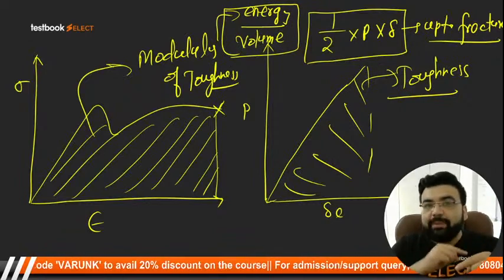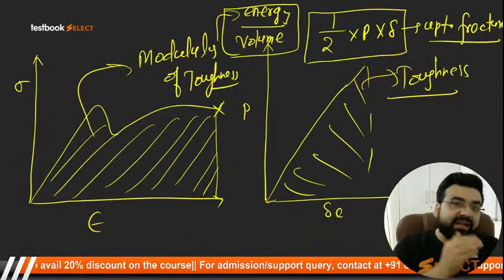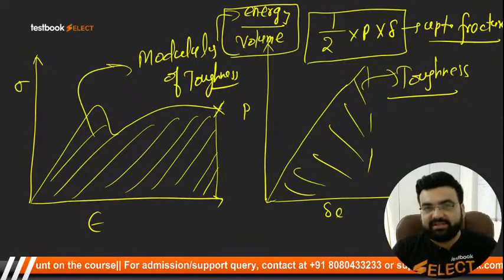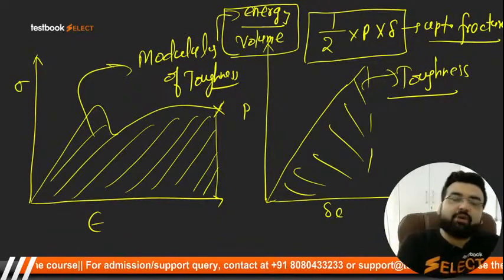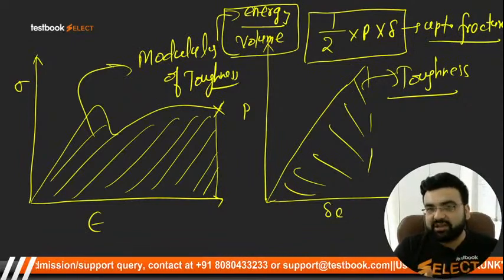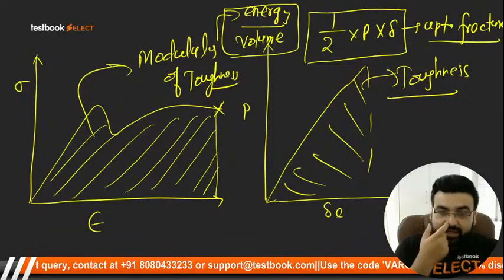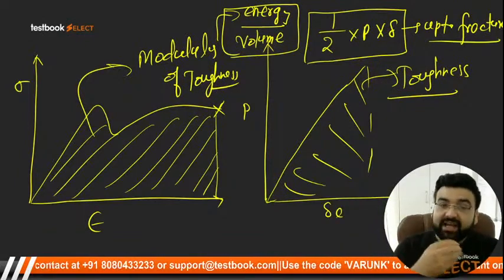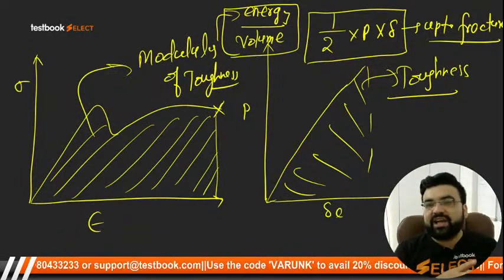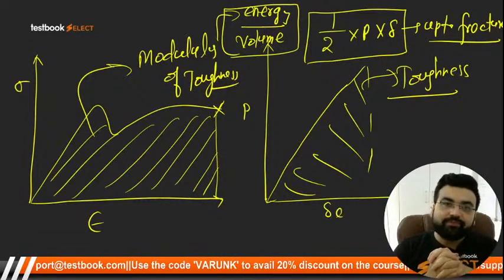एक्चुअल में दोनों को आप एक दूसरे को इंडिपेंडेंटली इस्तेमाल करते हो. If somebody says modulus of toughness, that means it is toughness. If somebody says it is toughness, that means it is modulus of toughness. Clear? आप उसको इंटरचेंजेबली इस्तेमाल करते हो, लेकिन उसका मतलब अलग अलग है. स्ट्रेस वर्सेस स्ट्रेन कर्व का जो एरिया है that is said to be modulus of toughness, और लोड वर्सेस डिफ्लेक्शन का जो एरिया है that is said to be just toughness. So this is the difference between the two. Clear?